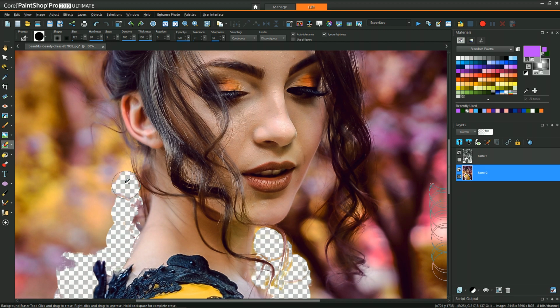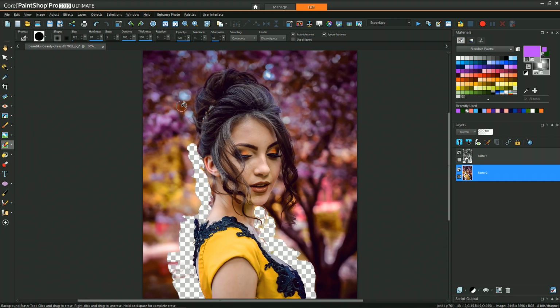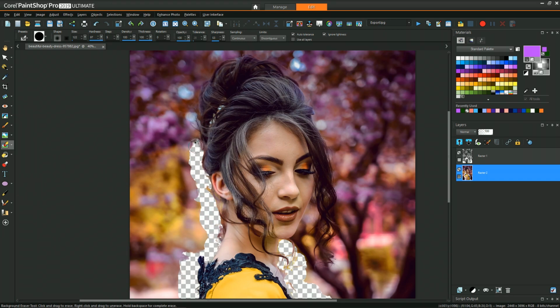And we're going to follow this technique all the way around. What you'll see, especially around the areas of the hair, is I'm really barely overlapping with the hair. It's almost like I'm just erasing around the edge rather than trying to benefit from what the background eraser is doing.